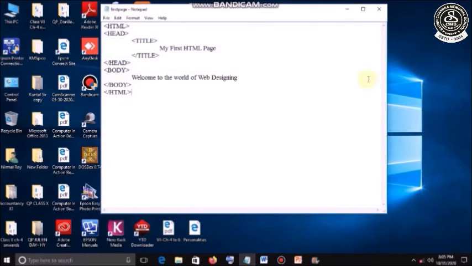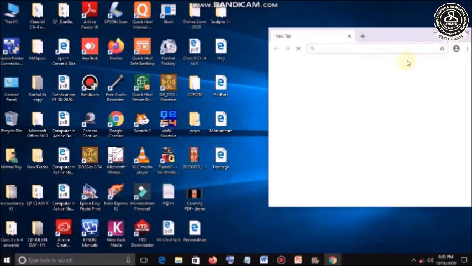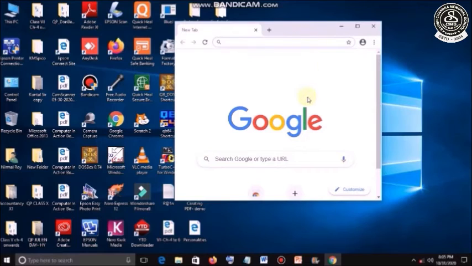Okay. Now you have to see firstpage file already came in the desktop. Now I have to open a browser. So let's open Google Chrome. Here's your Google Chrome browser. Now I have to press here